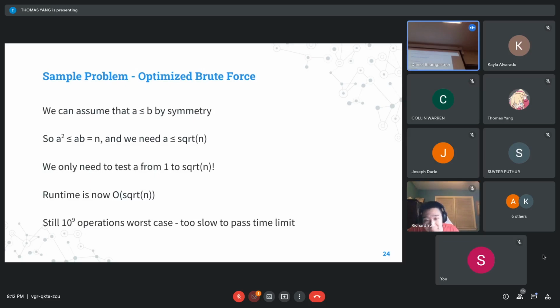Because of that, you only need to test one of the two, because if you fix one number, the other one is an easy check on whether it works with the other factor to make a product that is n. So you only need to consider the numbers 1 to the square root of n in trying to find the